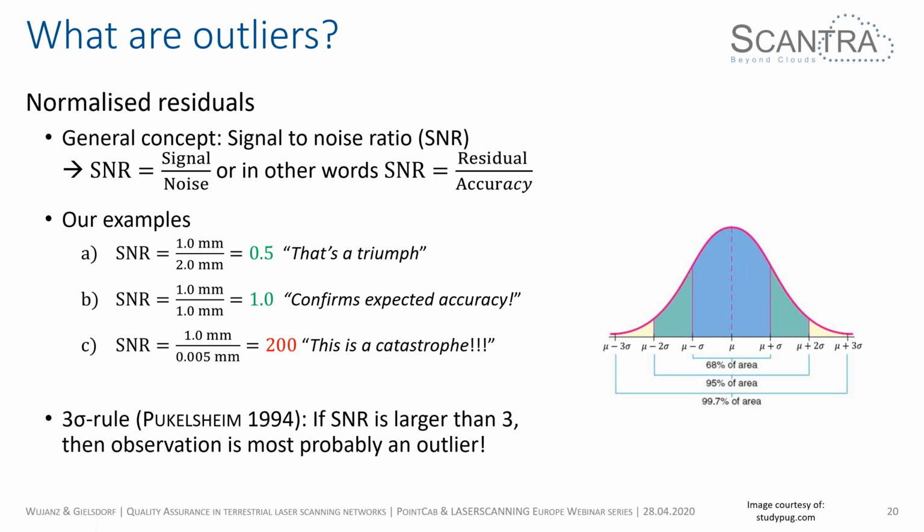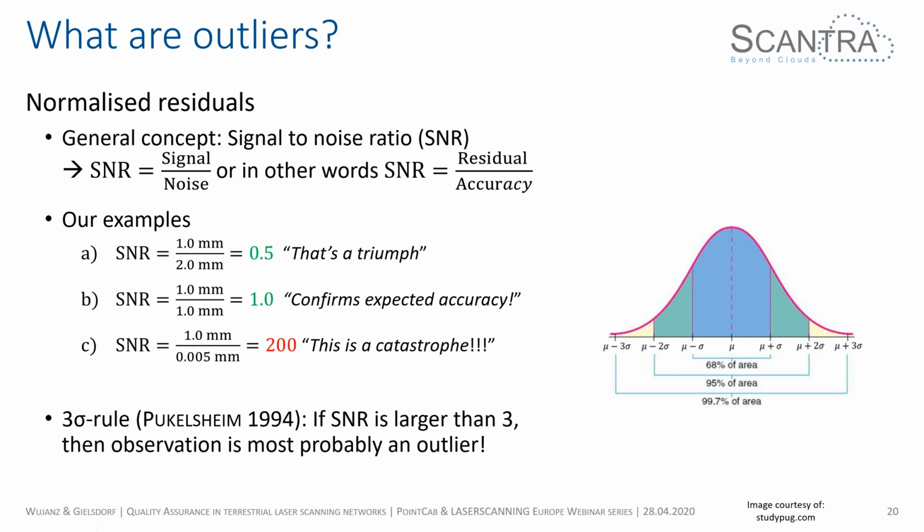and that's a good way. That's something good if that happens in surveying, because it confirms our expected accuracy, and that's quite important to understand later on. Now, if we look at the result by the laser tracker, it shows 1 millimeter divided by 5 micrometer. The ratio is 200. So we've done 200 times worse than expected. In this case, we can clearly say it's a catastrophe, but it also tells us something very valuable, because we know that there was an outlier, something went wrong, and we have to do something about it. So it is actually good information to know this,